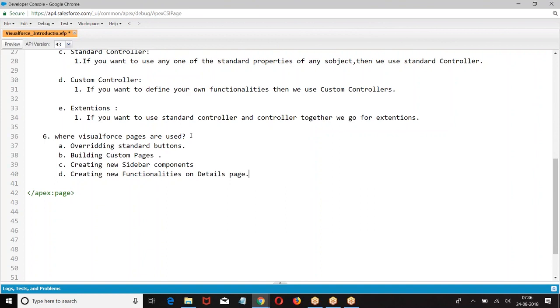So these are some of the examples where we can use the visual force pages.